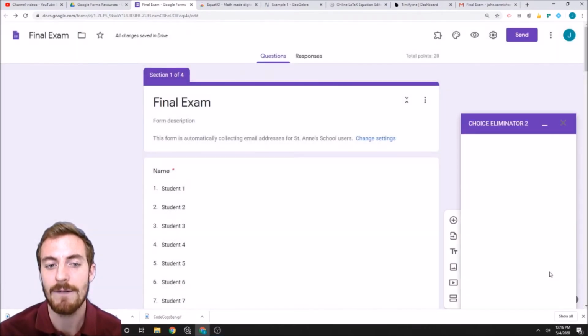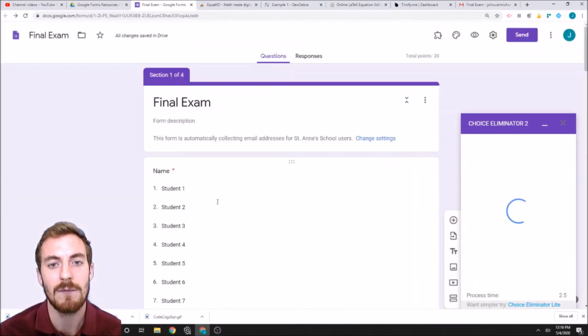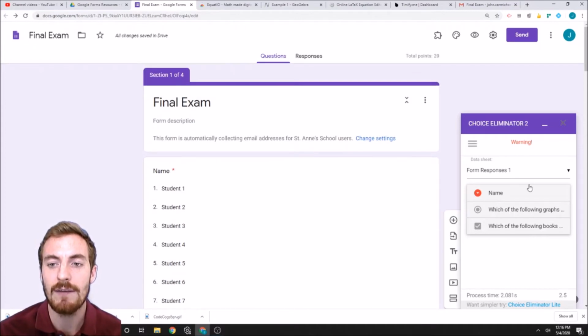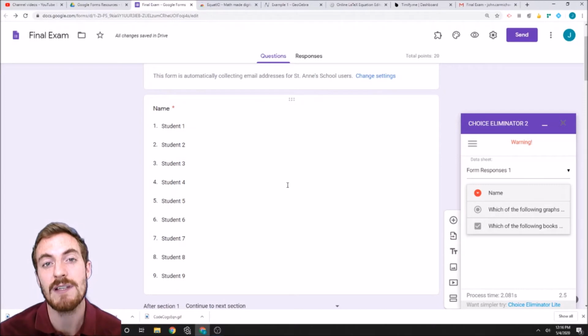I press Configure, and on the right-hand side there's a little warning that it works well with drop-down types of questions. It doesn't work as well with multiple choice. But what I can do here is choose one of these questions so that once an option is selected, that option will disappear for the next people taking this form. So if I have the student's name here, once they select their name,